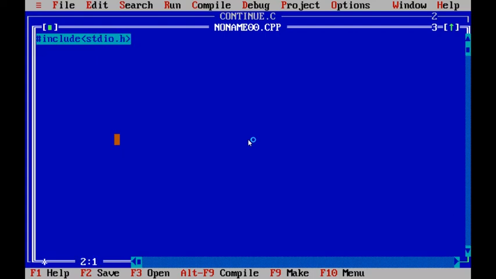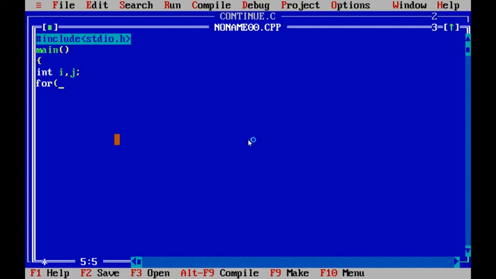This is the standard input output header file. Main function, the beginning of the C program. int i, j; declaring the integer variables.